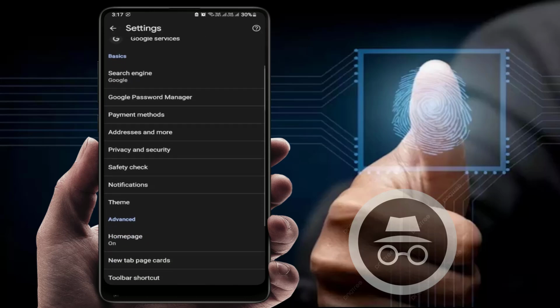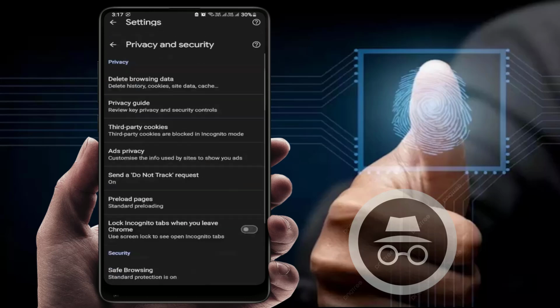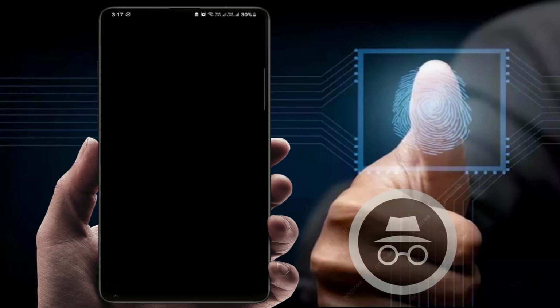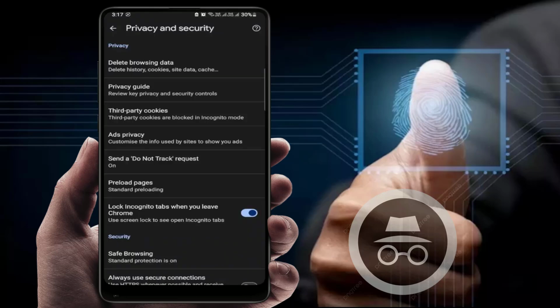In the settings, open the privacy and security option like this, and here you can get the option Lock Incognito tab when you leave Chrome. So you just need to enable this option, okay, and then it will ask you to enter your phone password,